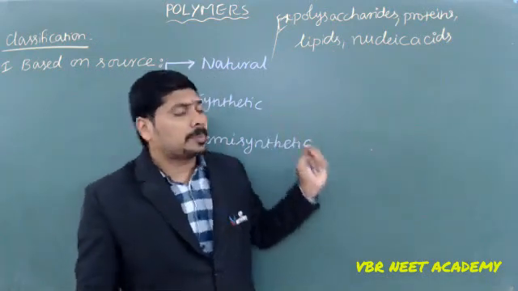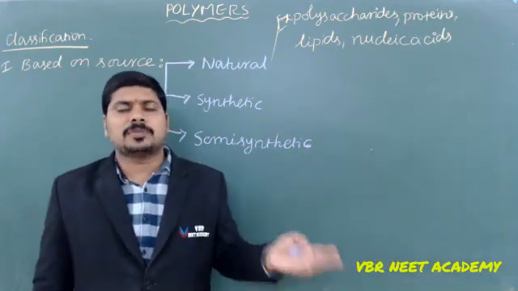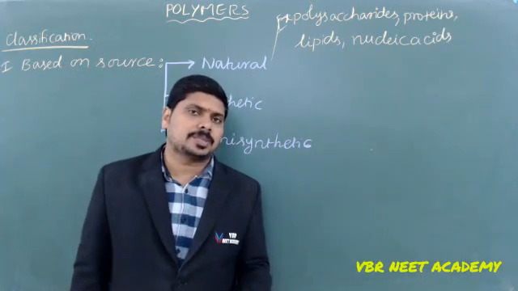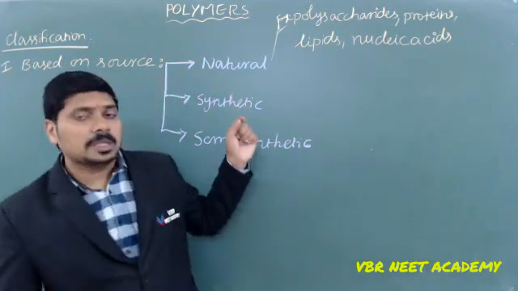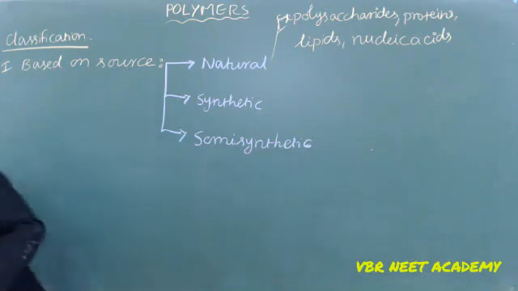When we take polysaccharides, the monomer will be a monosaccharide such as glucose or fructose. So they are all derived from natural sources. Now, when we take synthetic polymers,